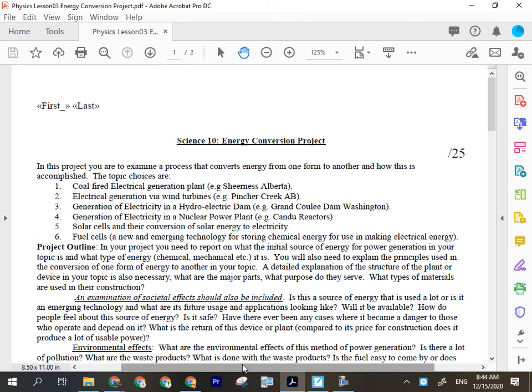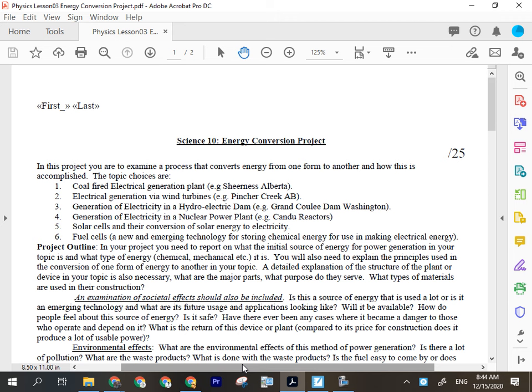So there's a bit of a societal component, as there always is when we do a research project, but there's also obviously the physics standpoint, where we're talking about these conversions of energy. Here's where energy can be lost. You can talk about the law of conservation of energy and all that kind of stuff that we've talked about in class. We want to incorporate all of that into our project. So in this project, you are to examine a process that converts energy from one form to another